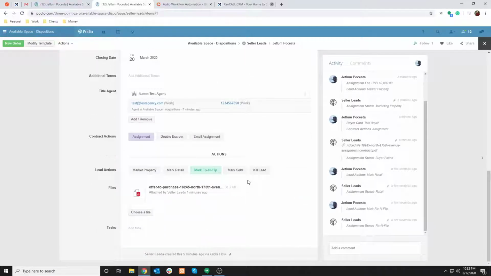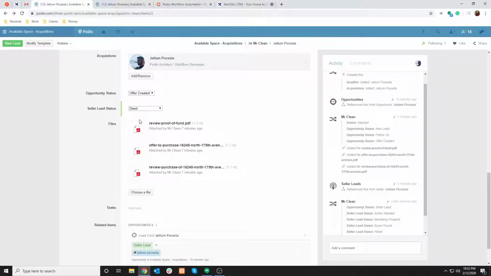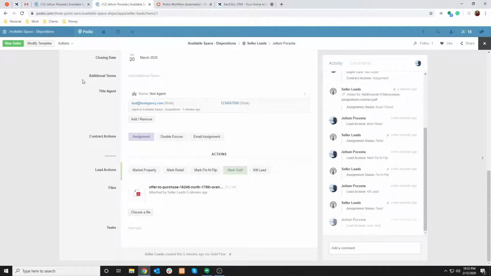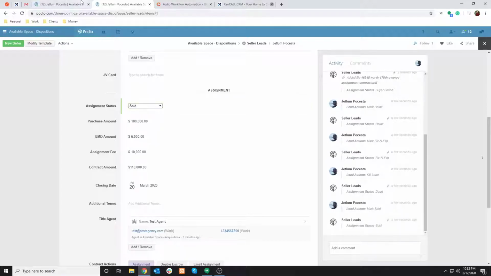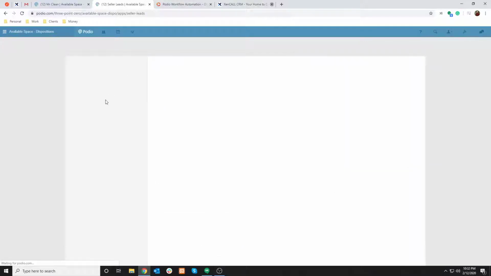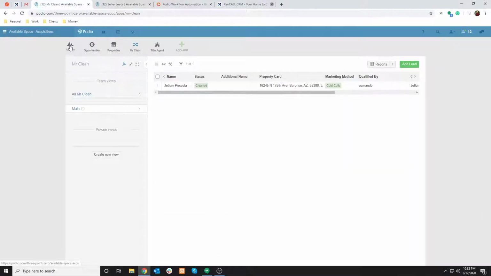And let's say the lead is dead. Same scenario, marks it as dead. This goes to dead. And let's say you got a deal. Good job. Mark it as sold. And then now you have one sold deal. Everything is related here as sold, and everything should be good. So now you have one sold deal, and you did it through the whole funnel from an opportunity to a seller lead. So you have it there,